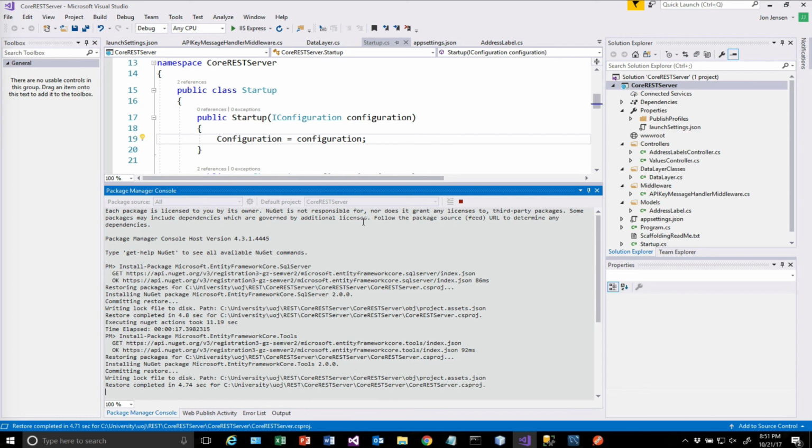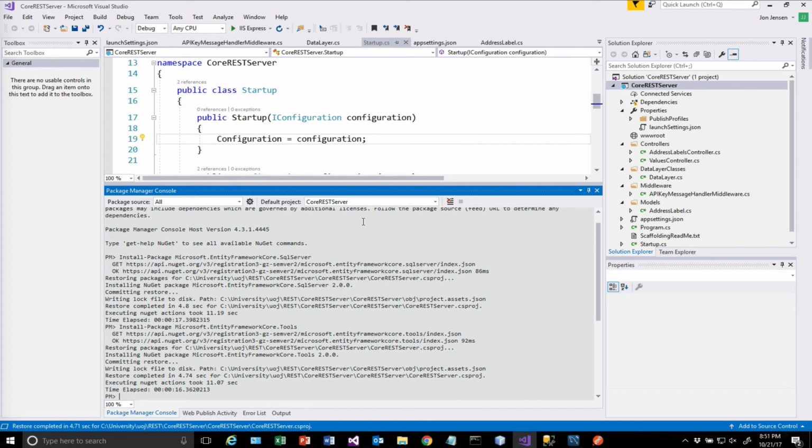So we'll let that run. Okay, next what we're going to do is actually build our model. To do that, we say scaffold